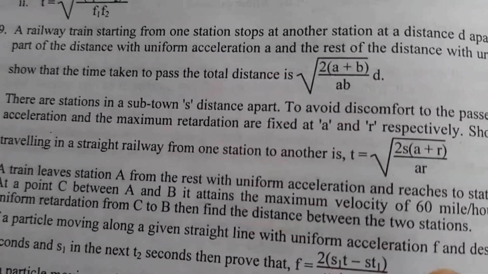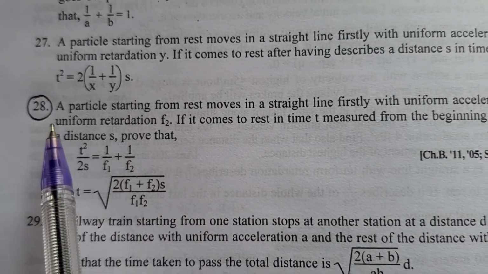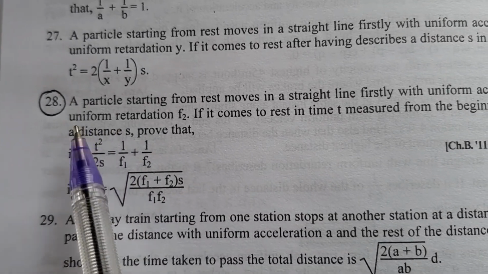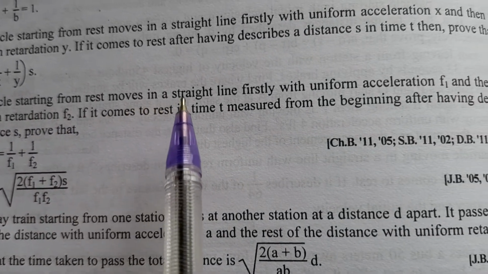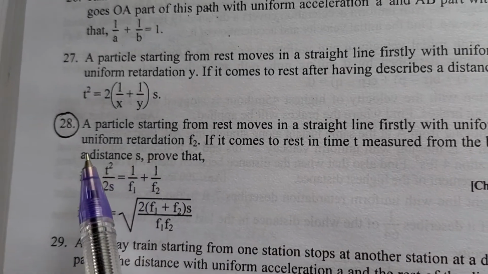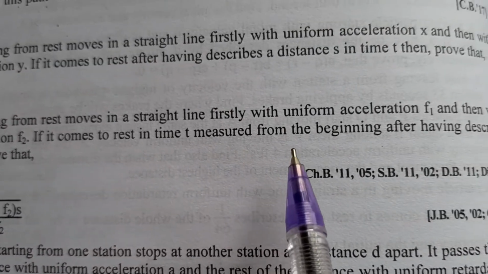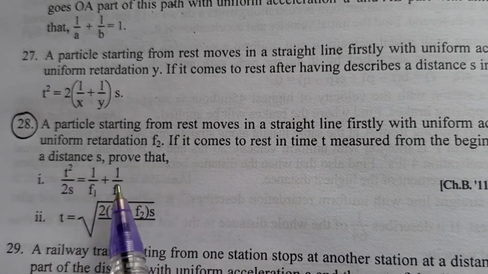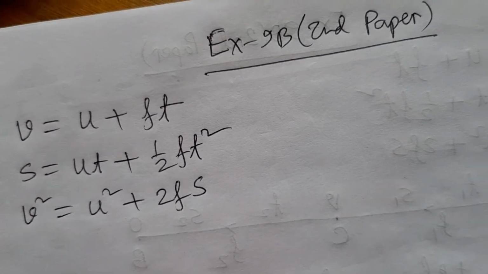Now we want to go for question number 28. At first we solve this, and then we shall go for example number 3. These two are similar math. In question number 28, a particle starting from rest moves in a straight line, firstly with uniform acceleration F1 and then with uniform acceleration F2. If it comes to rest in time t measured from the beginning after having described a distance s, then prove that this. That means in question number 28,